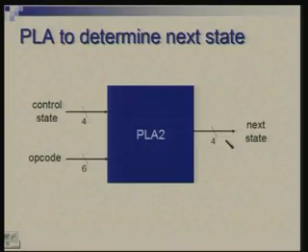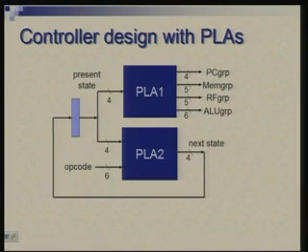Now, what is the overall picture of the controller? We have these 2 PLAs implementing those 2 specific tables, but all put together we also need a register which holds the state value, and at every clock this value will change as per these tables. So here is the state register, a 4-bit register which contains the current control state, and this drives both the PLAs. This PLA is generating the control signals going to the data path, and this PLA is also looking at the opcode and deciding what is the next state.